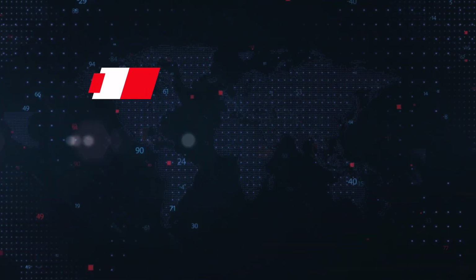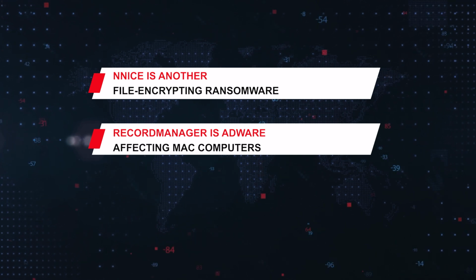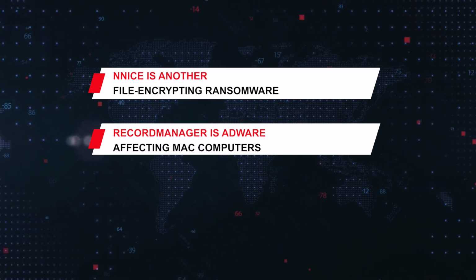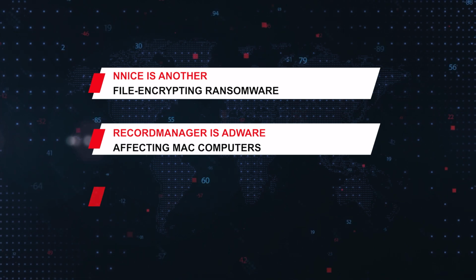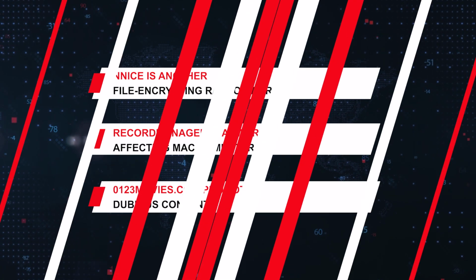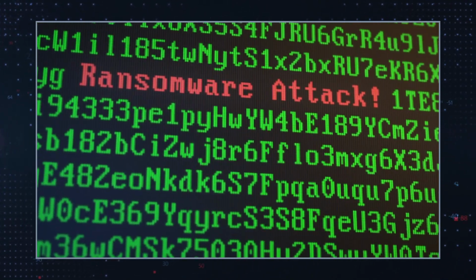On This Week in Malware, we'll be covering Nnice, another file-encrypting ransomware. RecordManager is adware affecting Mac computers. And 0123movies.com promotes dubious content. Nnice Ransomware is a dangerous form of malware that encrypts files on an infected system, rendering